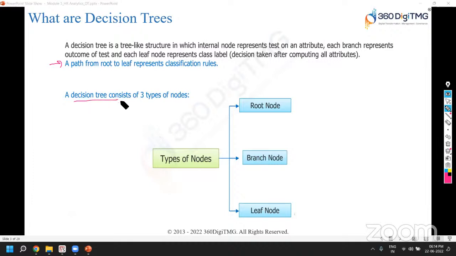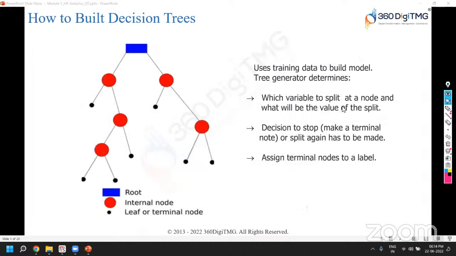So if you see, a decision tree contains three types of nodes: a root node, a branch node, and a leaf node. A root node, branch node, and a leaf node. This is how your tree looks like. The three types of nodes that we talked about,